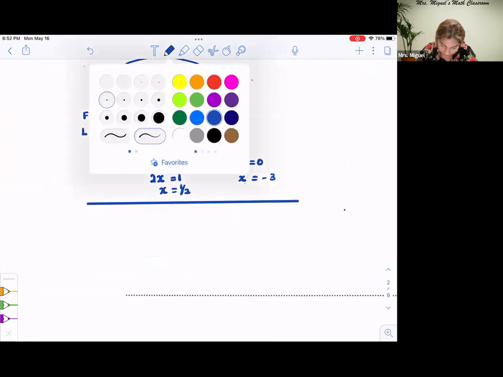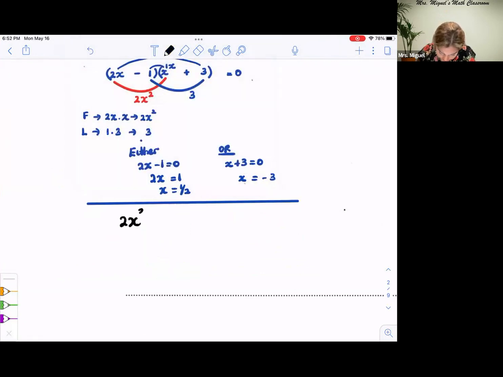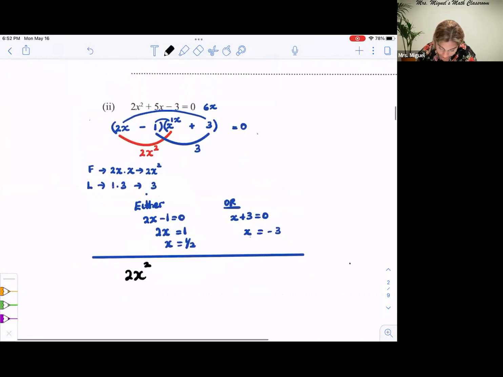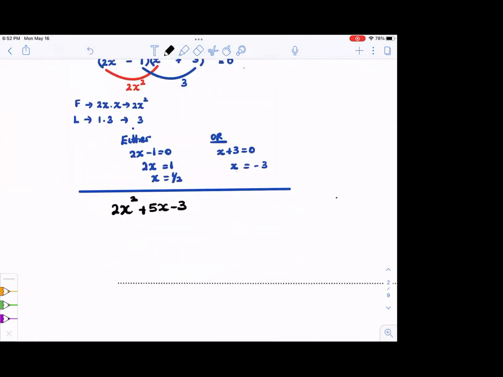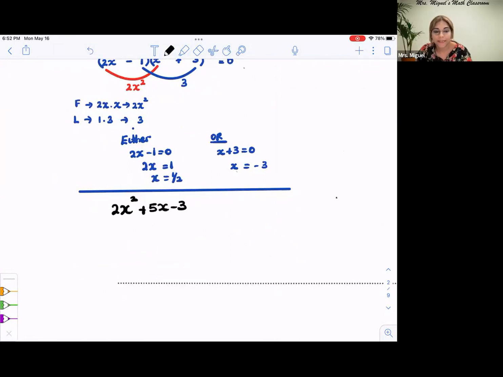I'm going to write it back. 2x squared plus 5x minus 3. All we need to do before applying this formula is identifying the values a, b, and c. a is 2. b is 5. c is negative 3. So x is equal to